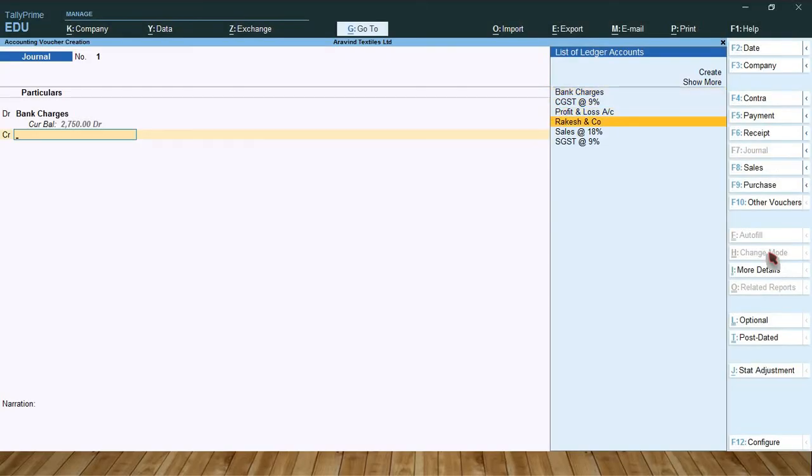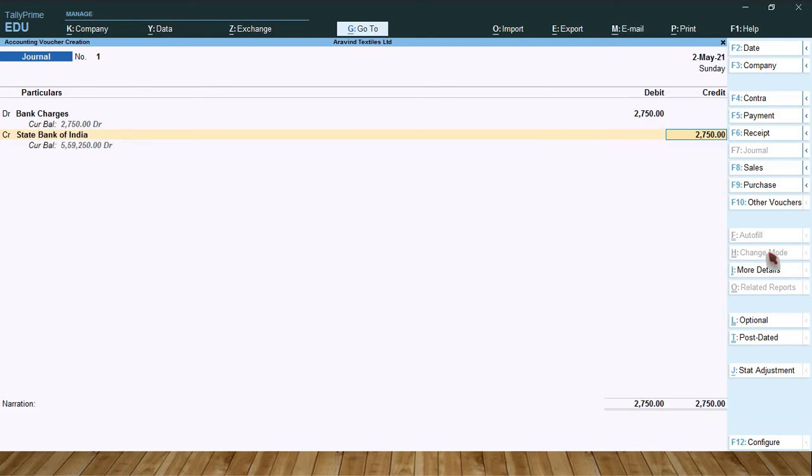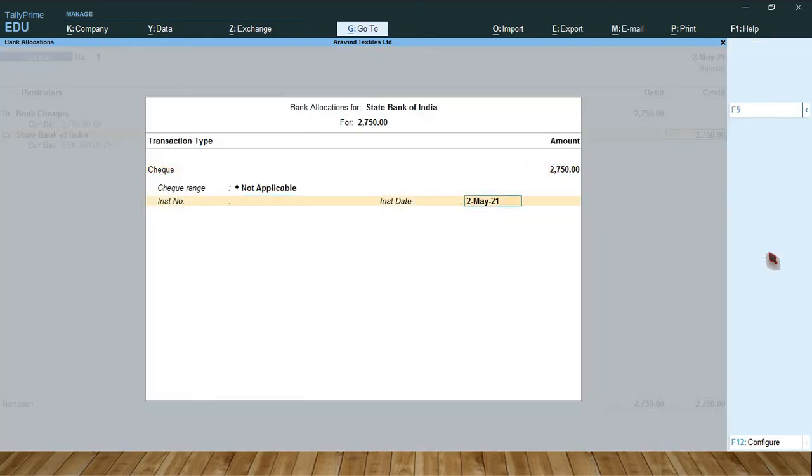So this is adjusted to the bank account. Here the bank account does not appear because it is hidden. To make it appear, select show more. Now select State Bank of India, 2750.